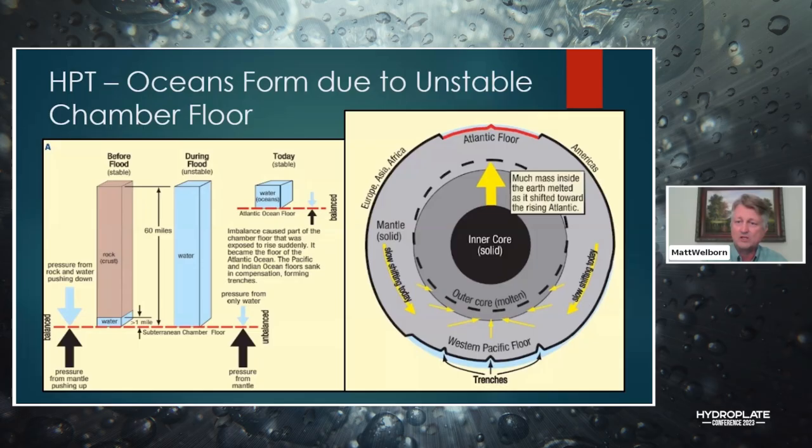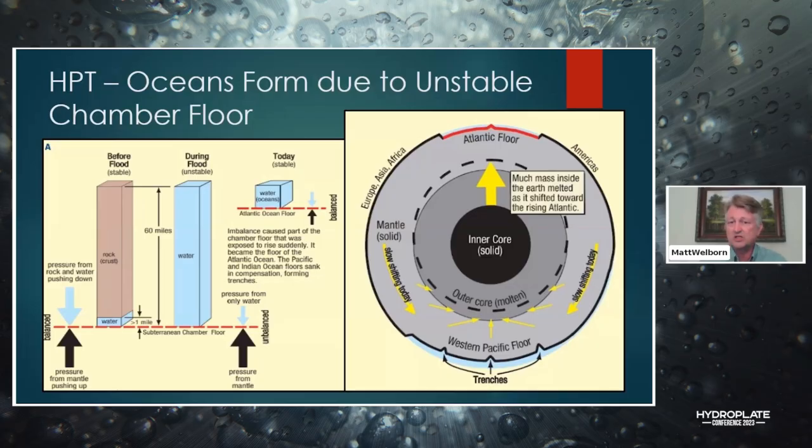And what's happening is as that floor of the Atlantic Ocean rises up because it's no longer balanced in pressure, it actually looks like the entire center of the Earth is shifting. It has to shift towards the Atlantic Ocean. And this is the process that was talked about in earlier presentations, where even just a small shift in all that inner rock that initially was solid, much of it was solid. It was not as hot as it is today. But when it shifts at those extremely high pressures, it melted a lot of that Earth, a lot of that outer core of the Earth melted.